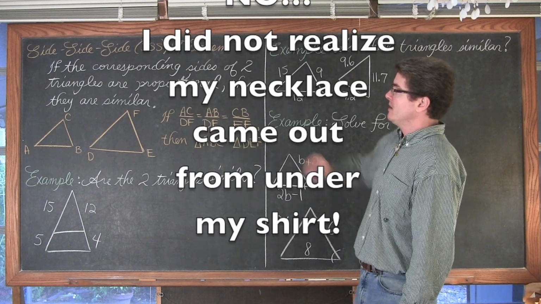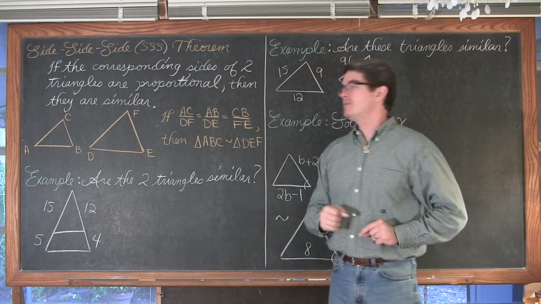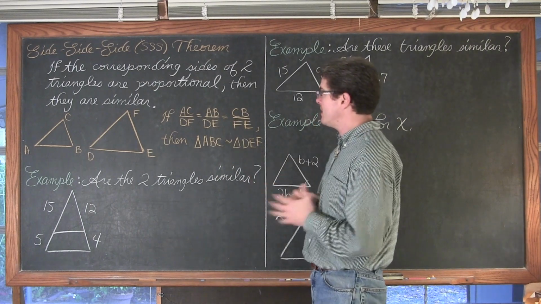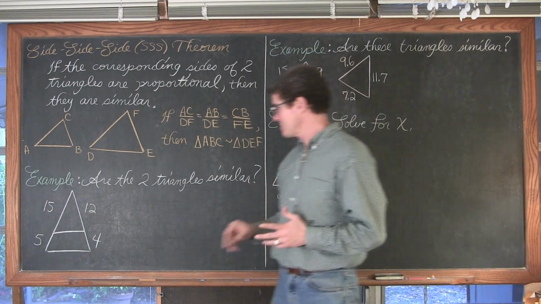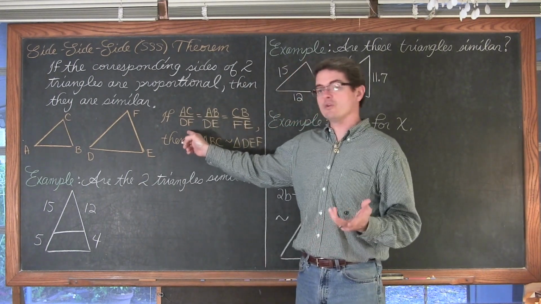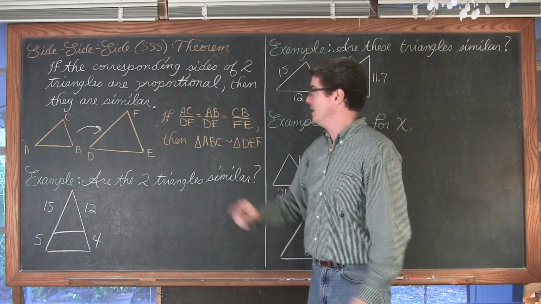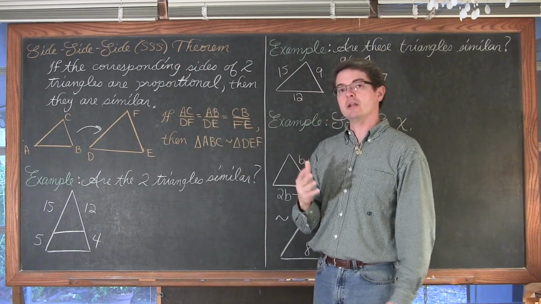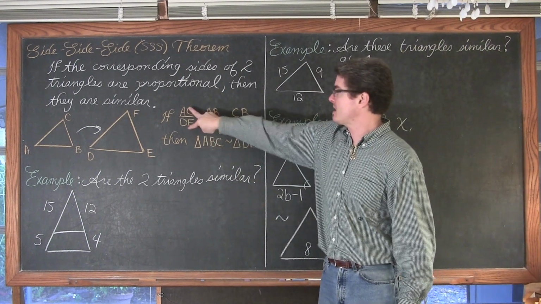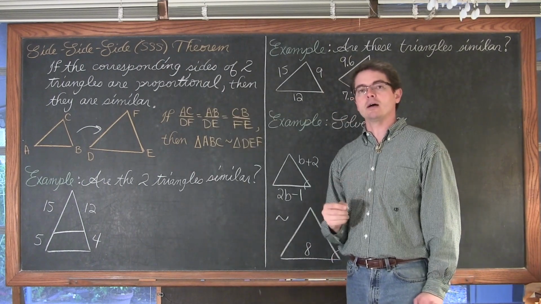Side, side, side theorem. If the corresponding sides of two triangles are not congruent, but proportional, then they are similar. So I have a couple of triangles here drawn out, and as long as I keep my order the same as I set up my ratios or proportions to check if they are similar, let's see here, we have AC over DF. So we're going left to right, every single one, left to right, left to right, setting up those proportions to make sure that the two triangles are similar. Keep that order the same as you set up all your ratios, and if they're all equal, then you can state that those two triangles are similar due to side, side, side.